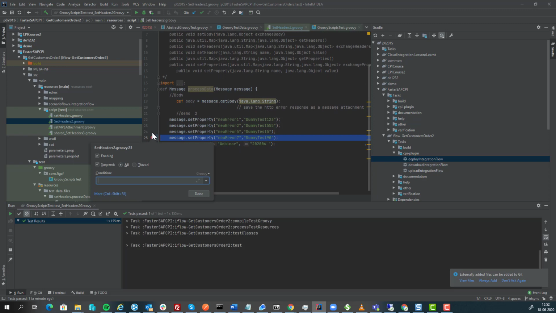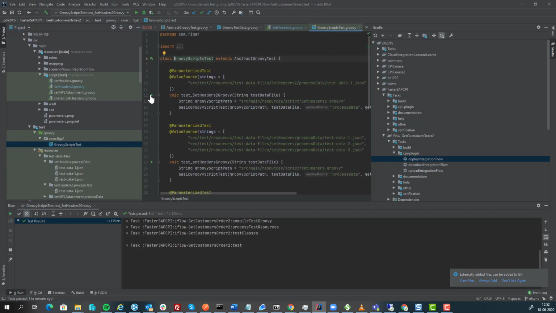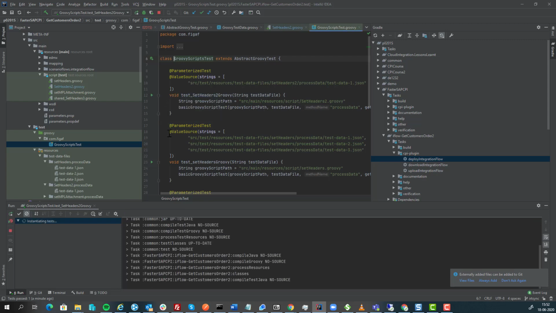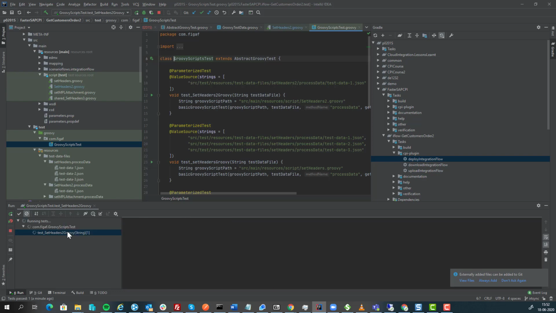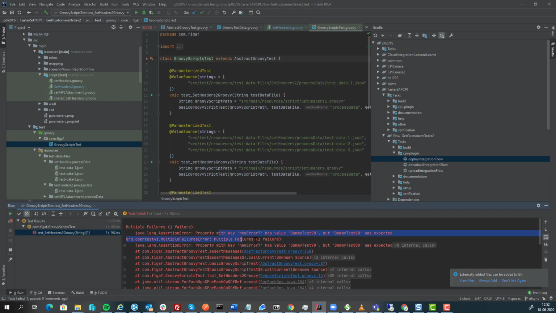breakpoints. So here you have the option just to click on the line that this will add a breakpoint. And if we then go back to our Groovy scripts, we can specify. So obviously if we just run now without breakpoint, we should see that there was an error because the script is generating data differently than we expected. So we can see there was actually an error in this case. So that's good. If we want to see what's going on here, we can run with debug mode, and then